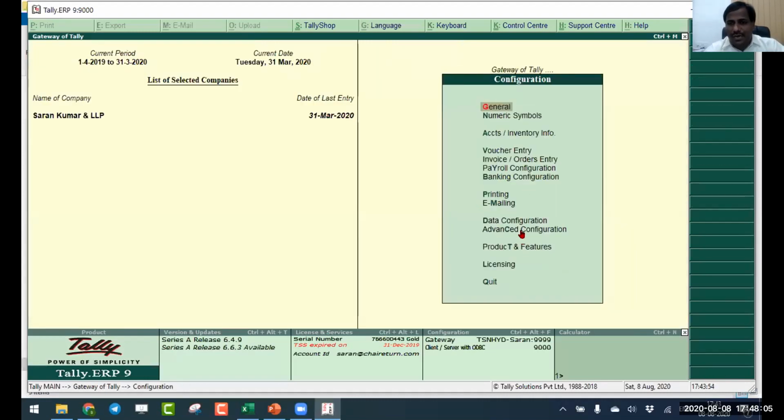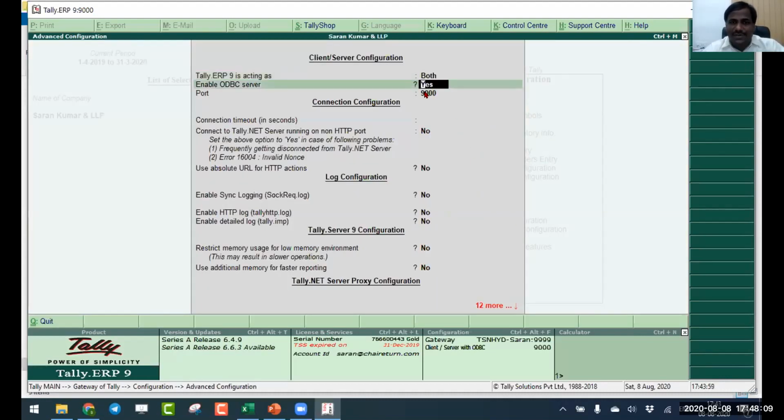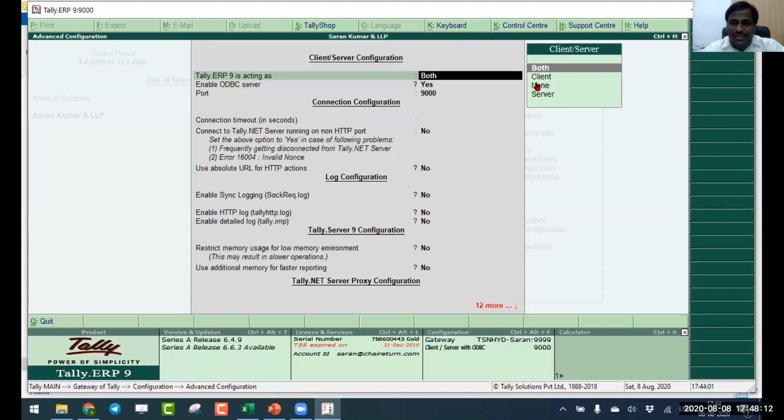You can go to Configure, F12. You can go to Advanced Configuration. Then you can make this a server: Enable ODBC server, Yes. You make sure that this is not a client. This is either both or server. Once you get that, here at the bottom you can find the gateway, your name, and client server ODBC. The advantage of this is